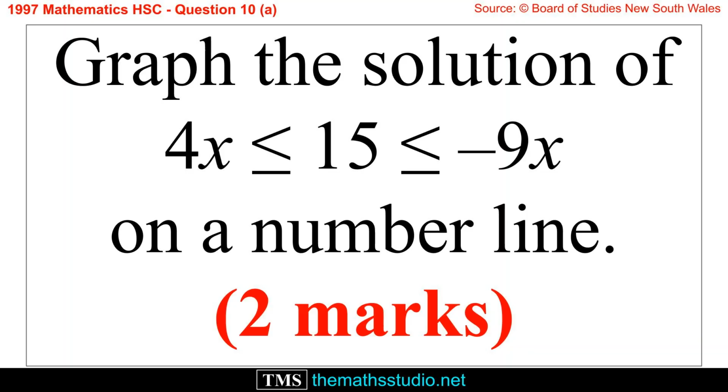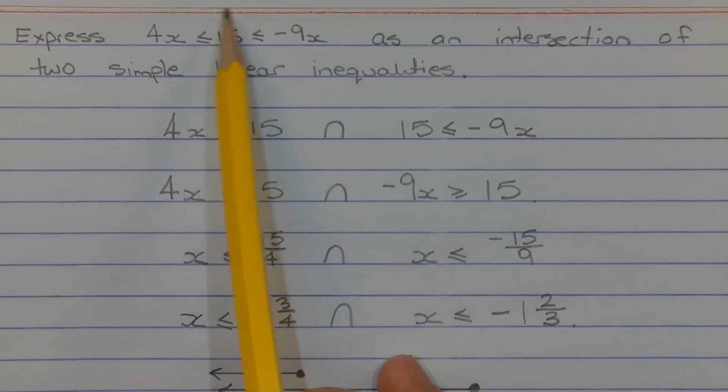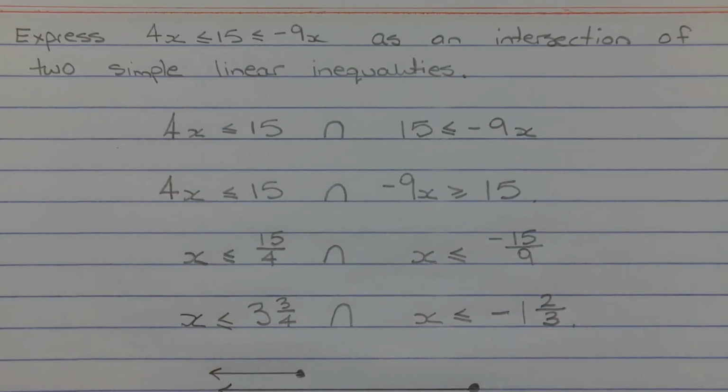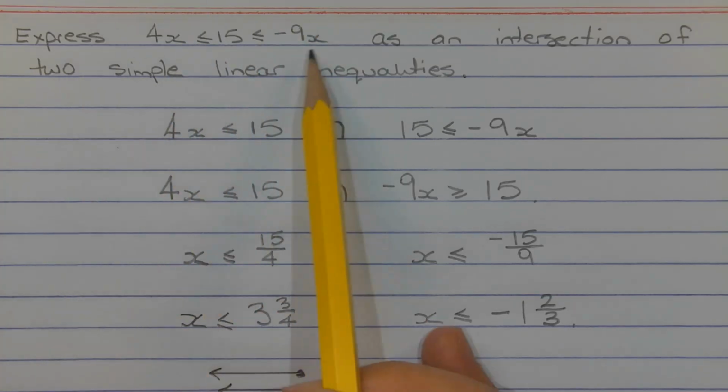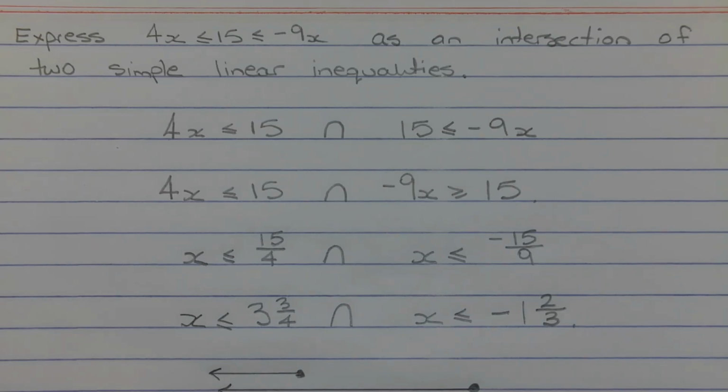Question 10, Part A. Graph the solution of 4x less than or equal to 15 less than or equal to negative 9x on a number line. The strategy is to express this three-way linear inequality as an intersection of two simple linear inequalities involving two terms each. So breaking this three-way inequality up, noting that 15 is a common term to both simple linear inequalities, we